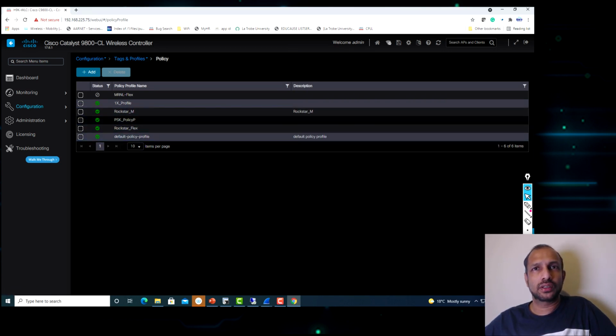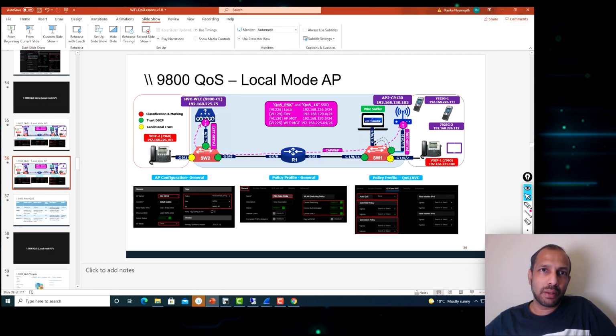Okay, so I hope now you get an understanding of how you configure QoS for wireless on the switch side or network infrastructure side. So the simple rule is just trust the DSCP value, even on the controller connected port and access point connected port, and then make sure you implement QoS in the rest of your network as well.